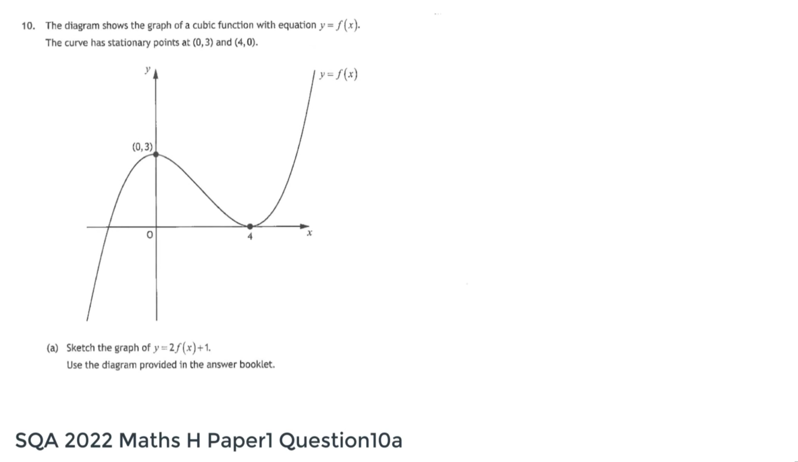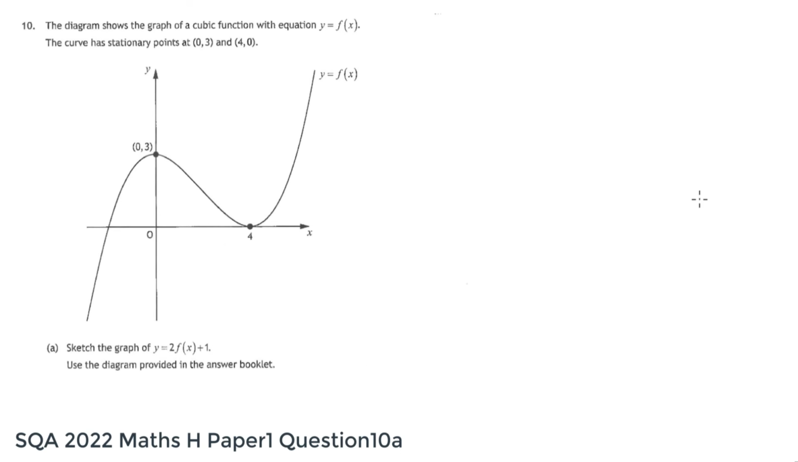So here's question 10. We're showing the graph of a cubic function, y equals f of x. We're told the curve has stationary points at (0, 3). It's a maximum stationary point. And at (4, 0), there's a minimum stationary point there. First of all, we're asked in part A to sketch the graph of y equals twice f of x plus 1